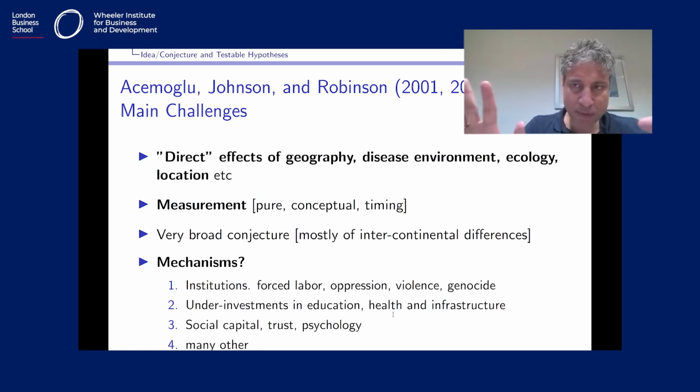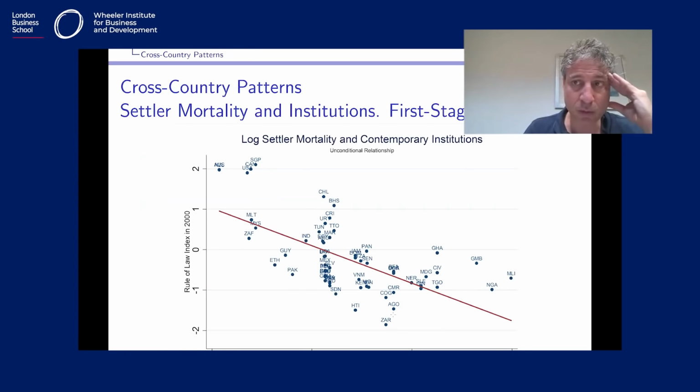And here are some challenges which I guess we'll discuss later. There are measurement issues here. There are issues about mechanisms. One could reasonably argue that, look, the disease environment not only affects development by shaping the colonial strategy, but has direct effects, let's say, on economic development by affecting how many hours, for example, people can work, which is a very straightforward challenge. But Acemoglu, Johnson, and Robinson compiled some data on settler mortality using newspaper information at the time,